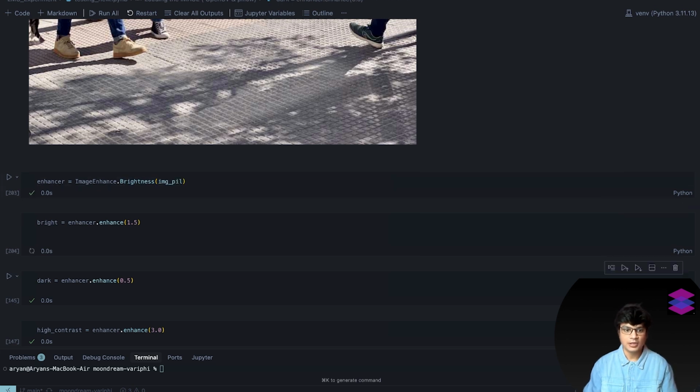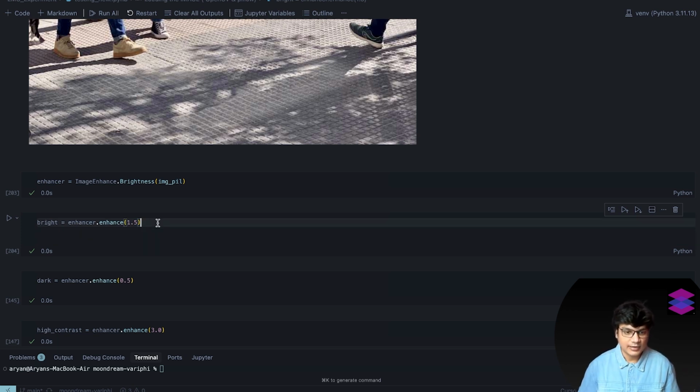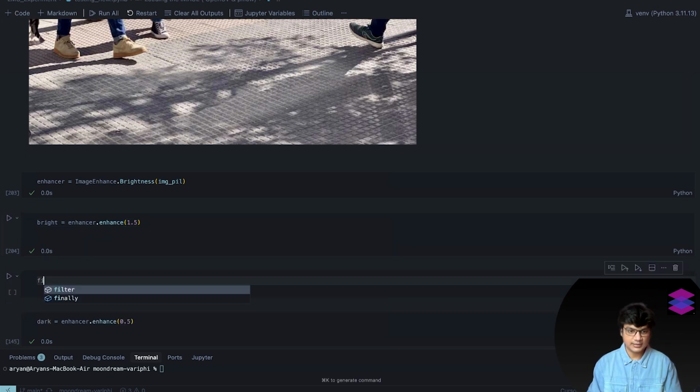Now I want the brightness to be approximately 1.5. I'm not sure about what the range should be here, but let's say I put 1.5. Now, if I plot it,